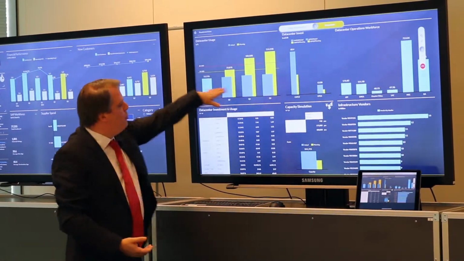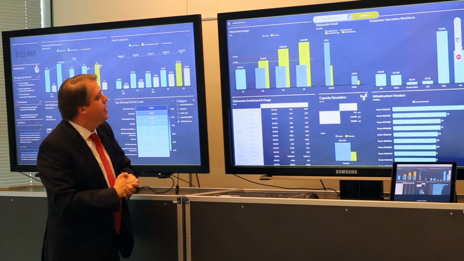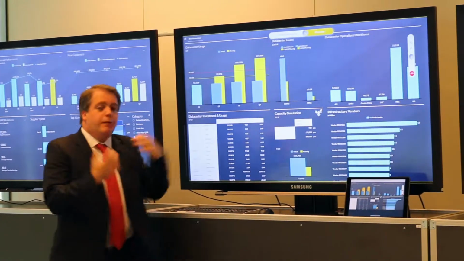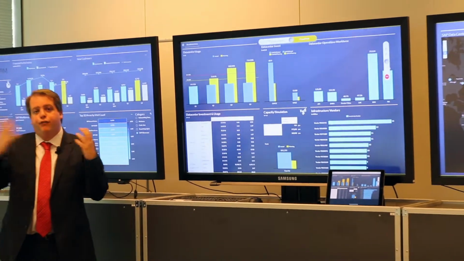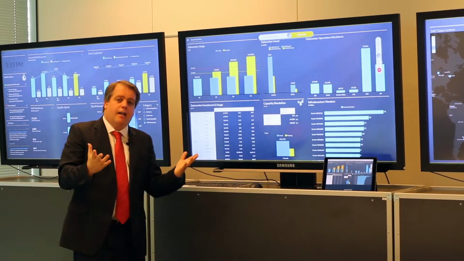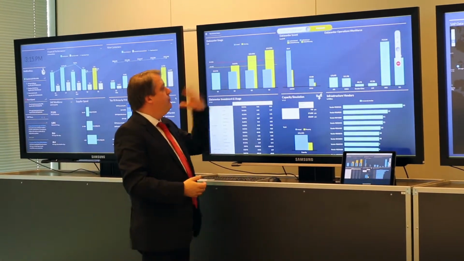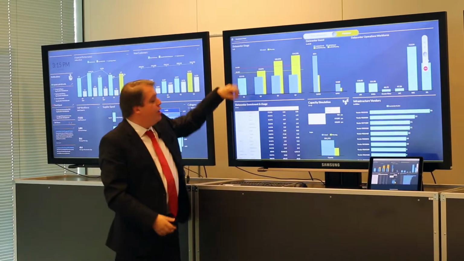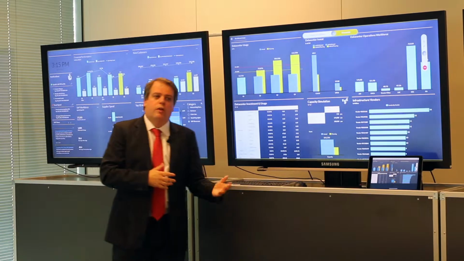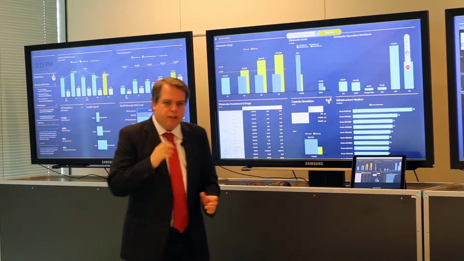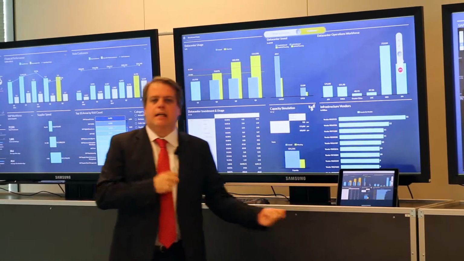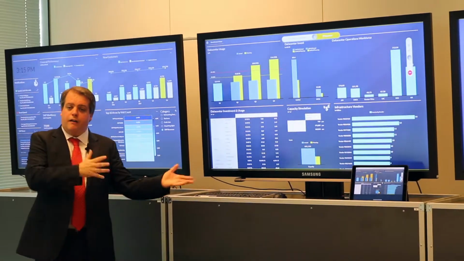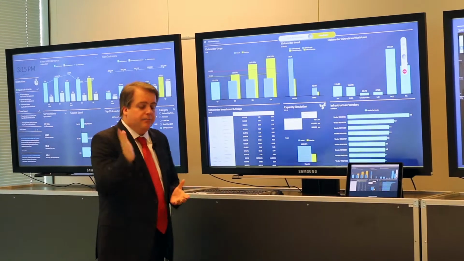And what do I see? I see in blue my actual, which are okay. I'm really at roughly 53% of usage. But now, including the planning aspect of it, so based on my forecast, what do I see? If I sell what is planned to be sold, I will be at 140%. So not only will I be over 100%, I will even be over 85%, which is a threshold, as we need to keep a little bit of spare capacity in case of downtime, in case of upgrade, all these kinds of things.